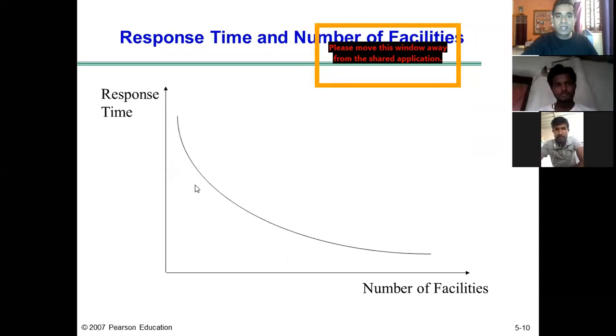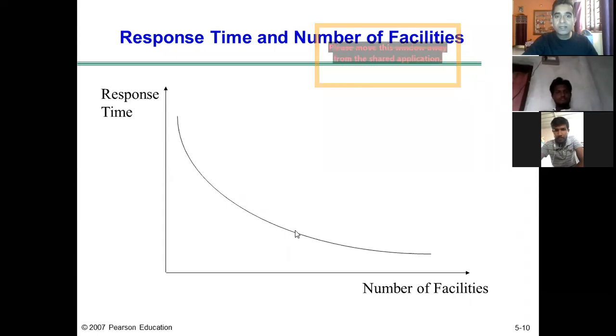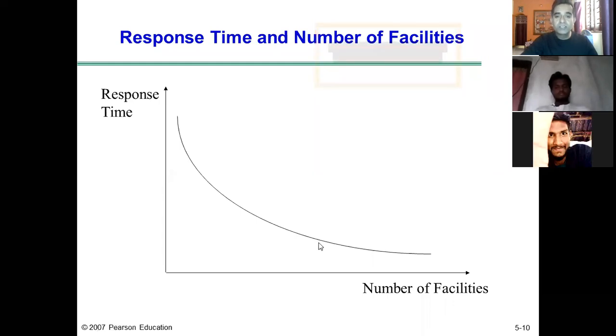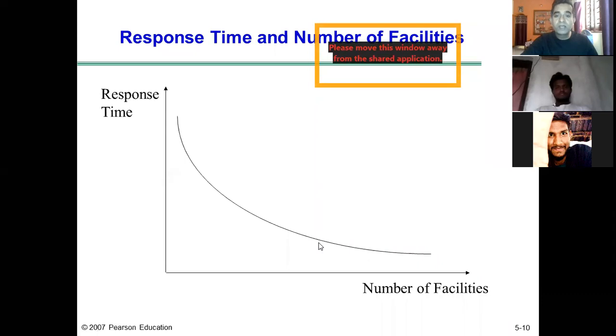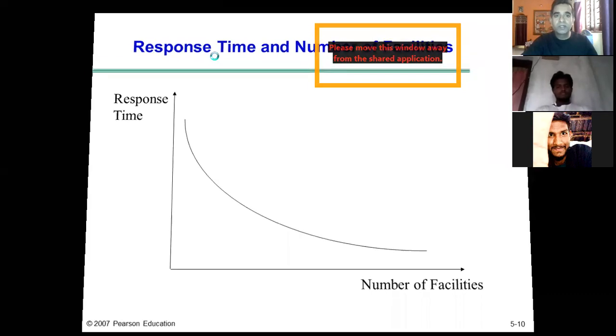So you can see as the company goes on increasing number of facilities, the response time also starts decreasing. It is due to the company will have more number of warehouses closer to markets, and the orders can be quickly delivered to customers, and the company may resort to faster mode of transportation like air, as in case of Dell. So that also decreases the response time. So with this, we'll move ahead to the next part of the chapter.